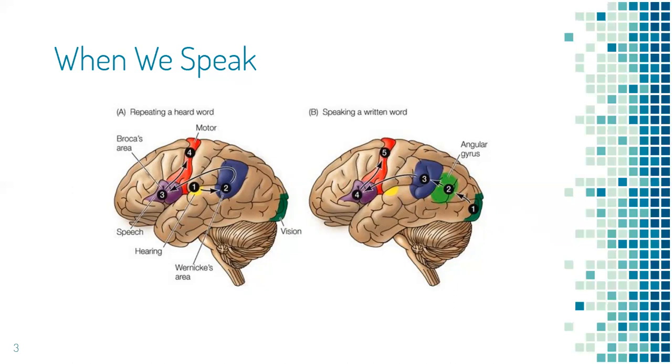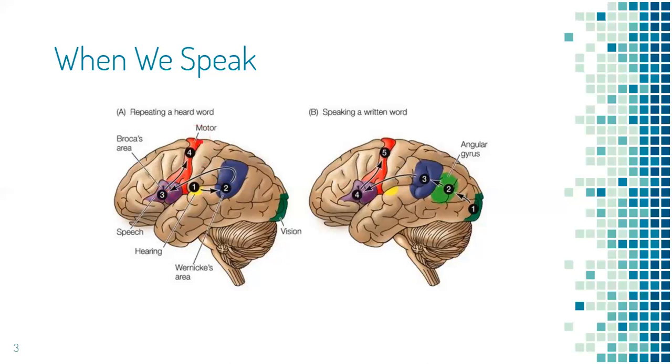When we are repeating a word we hear, the process starts in the auditory cortex, which processes the sound. Then we move to the Wernicke's area, which creates a plan for what we are going to say, and that is transmitted to the Broca's area, which causes the production of speech by activating the vocal apparatus in the motor